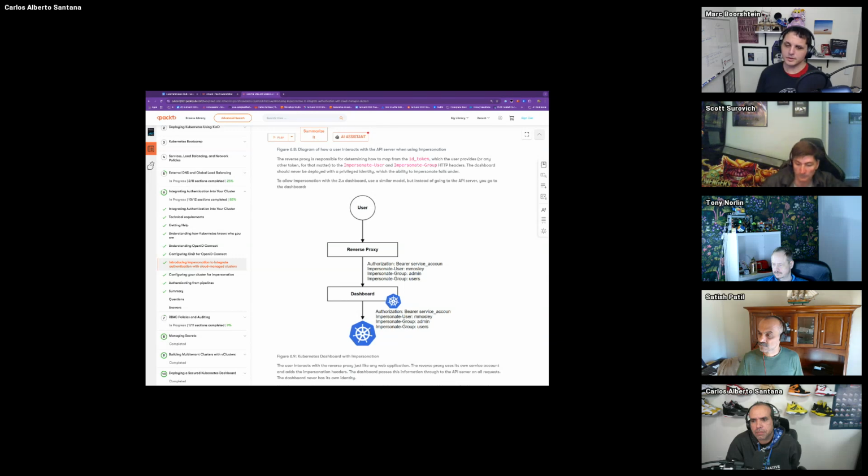There is an additional one called Impersonate-Uid, because every user gets a unique ID, a GUID, inside of Kubernetes that in theory is what we should really be using for name-based RBAC, but we don't. But it's there for tracking purposes, so you can also impersonate that as well. The issue that you run into with that is not every client does it, although I think starting with 1.32, the client-go SDK actually mandates it.